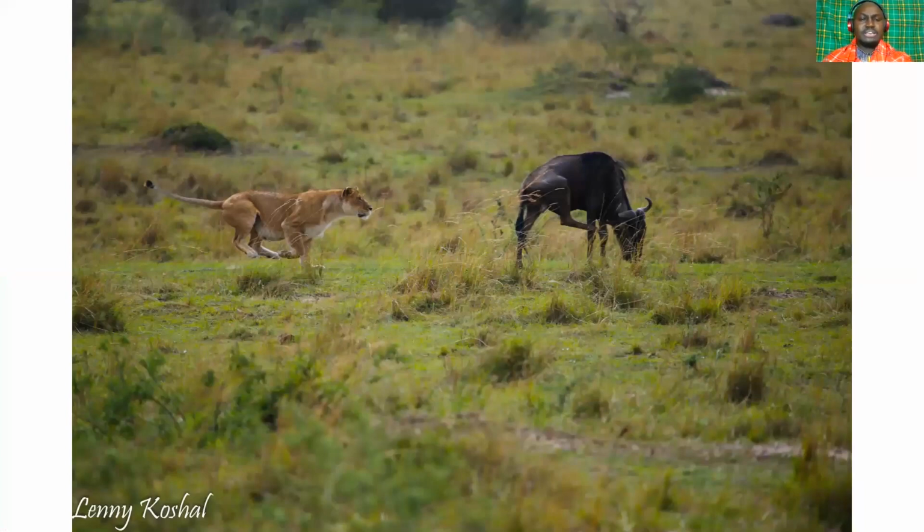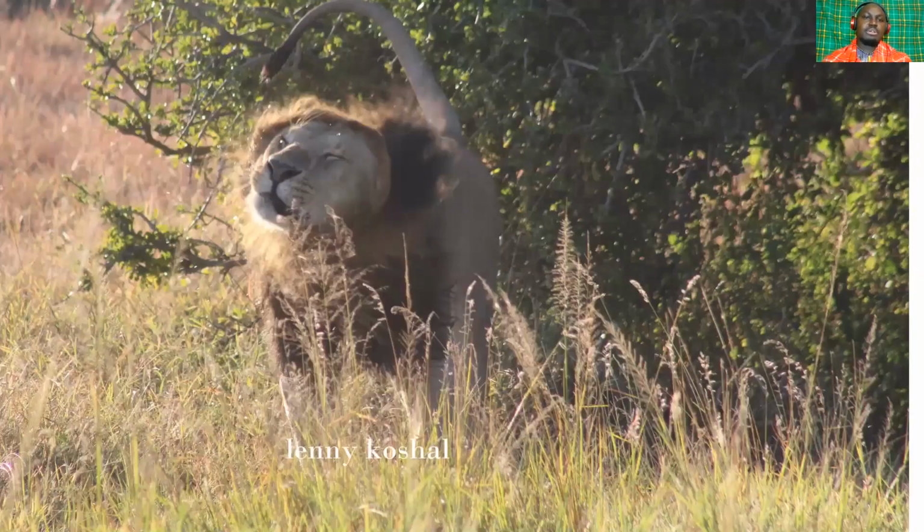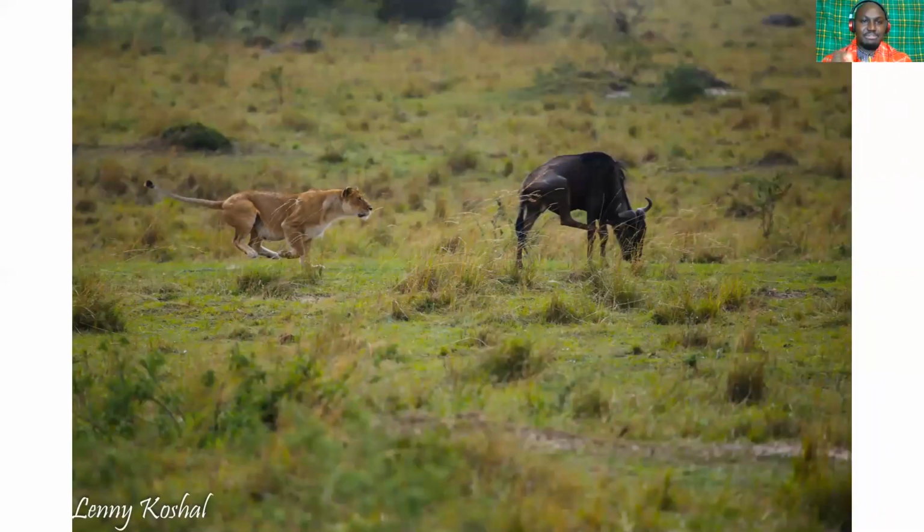Then when it comes to hunting, most people say it is mostly the female lioness that does the hunting. It is true, but not 100%. As you have seen in the other picture, a young male killed and was feeding. So the females do a big percentage of the hunting for their pride because they are less masculine, so they can run faster when hunting compared to the male lions, who are much more muscular and very heavy. They cannot run, for example, to hunt fast animals like wildebeest or zebras. But males can also hunt wildebeest, zebra, or even tortoise, but